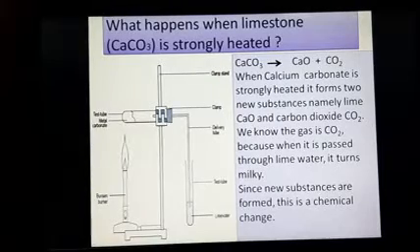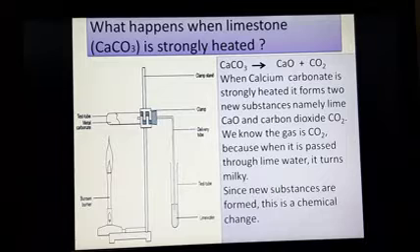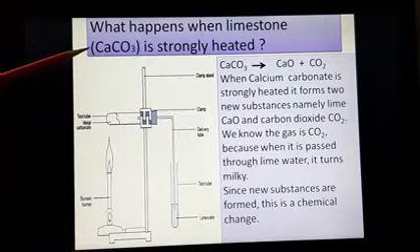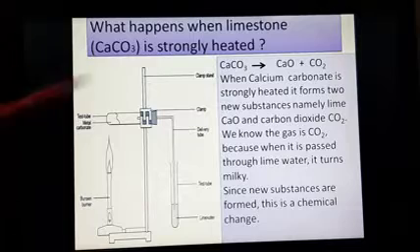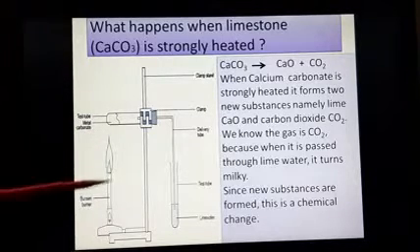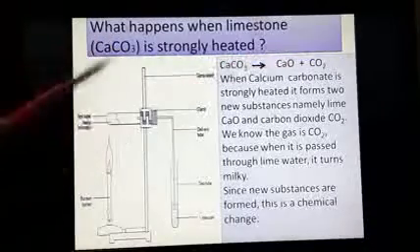So we are going to look in detail at some examples which show chemical change. Here we have taken calcium carbonate, which is nothing but limestone or marble, you can say, or shabad stone, in a test tube, and we are heating it. We're just strongly heating it. So on heating, calcium carbonate gives out carbon dioxide gas.